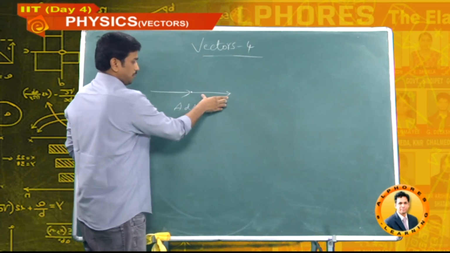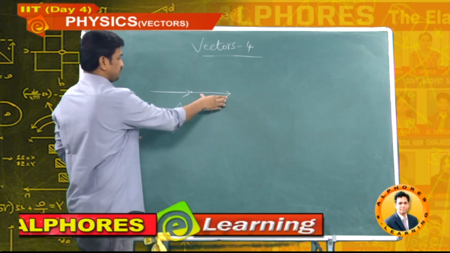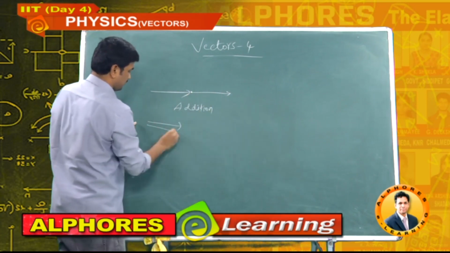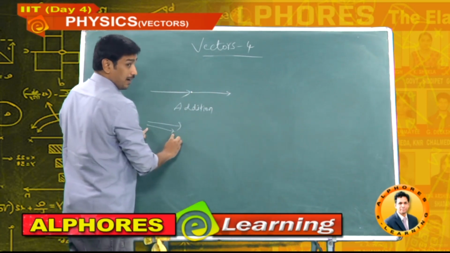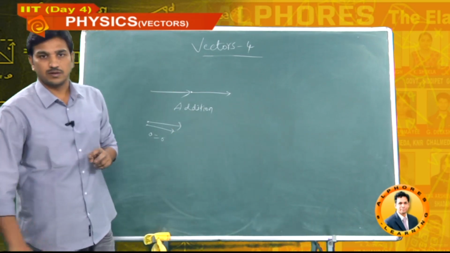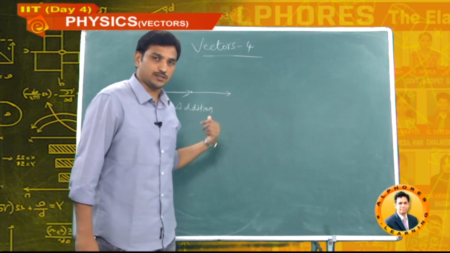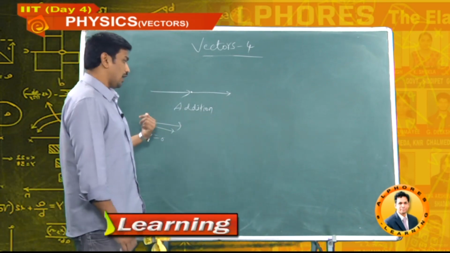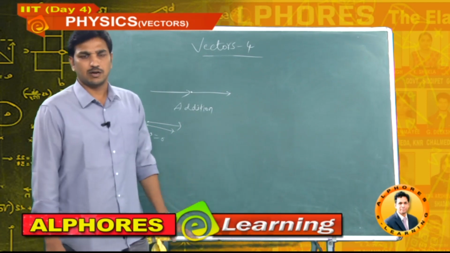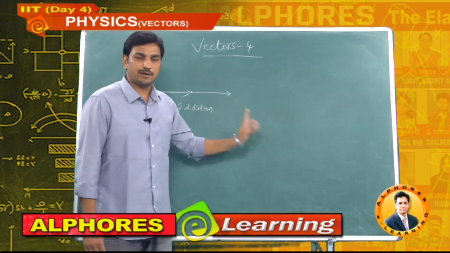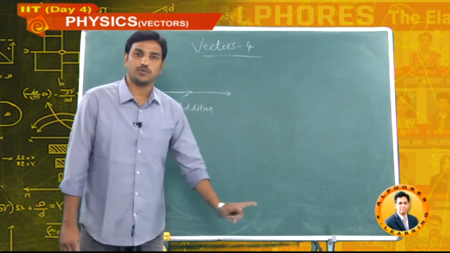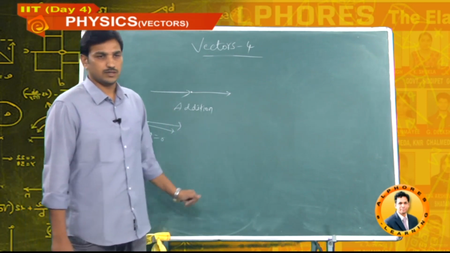Can I displace this vector to here? It's as it is. Parallel shifting of a vector, two tails, angle 0. When the angle between two vectors is 0 or otherwise 180, we can directly add the vectors, there is no problem. The problem is when the angle between the vectors is not 0 or 180; then there is a problem of how to add the two vectors.